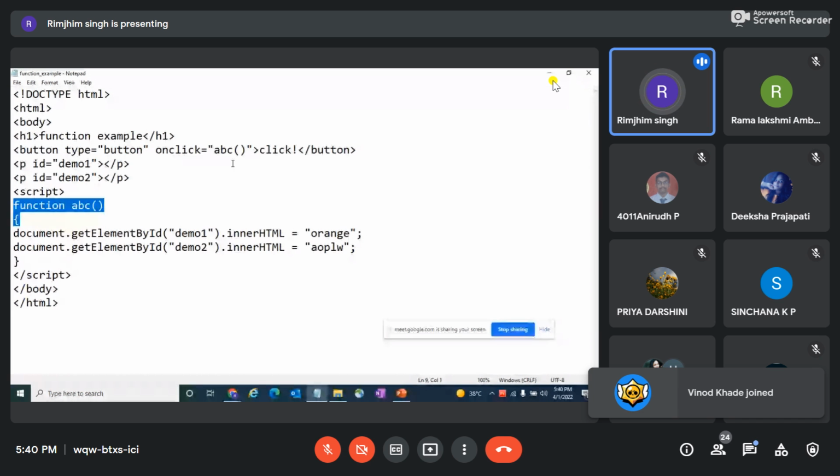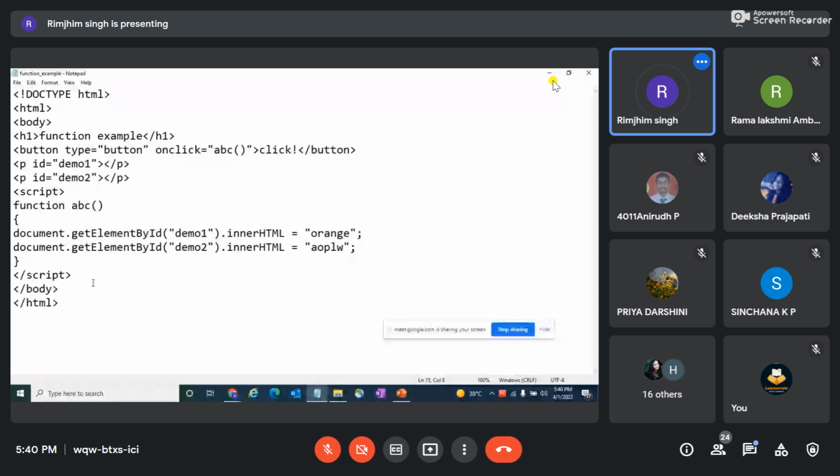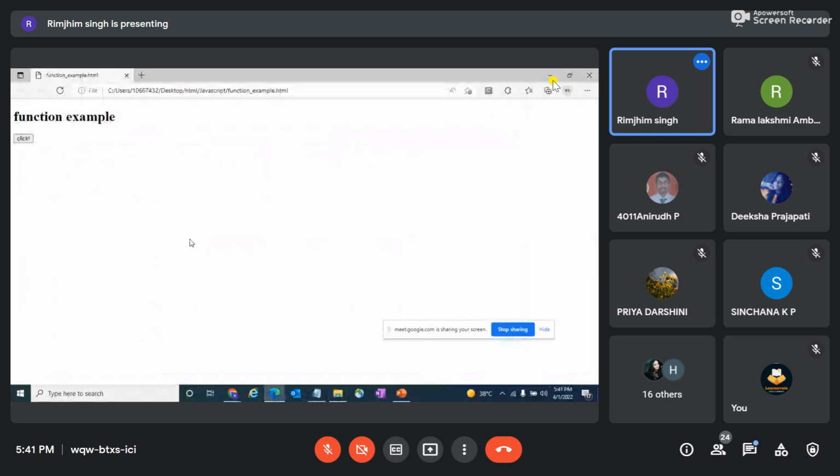So this is a user defined function which is being written in this code. Here I have declared two paragraph tags wherein I have declared two IDs, and then when I'm writing my function, I'm calling my IDs which I've written above. I'm just trying to fetch that particular element and then write it using innerHTML. So let me just show you how my output would look. On the click of my button, it would print orange and apple.